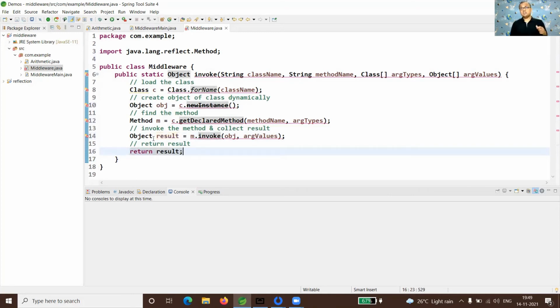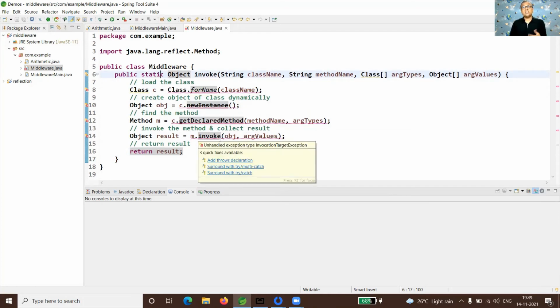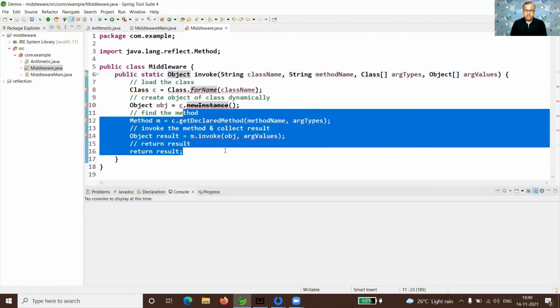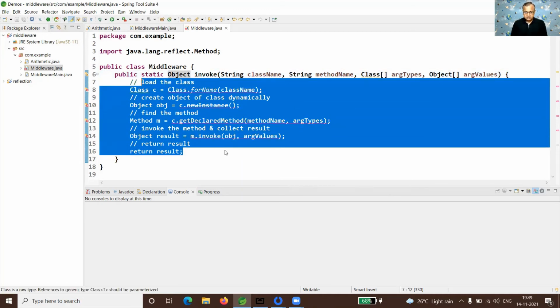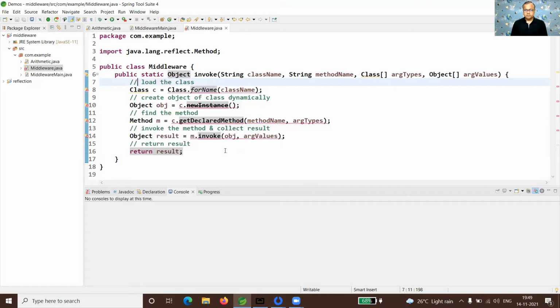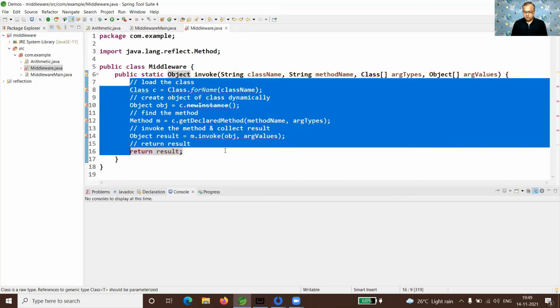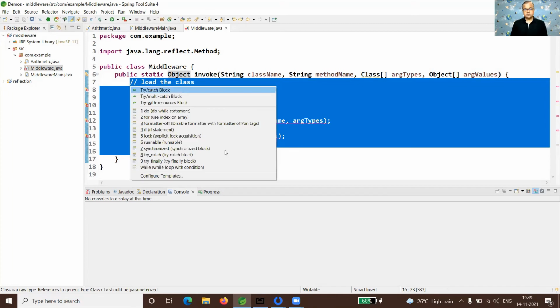As we have seen even last time, Class.forName can throw an exception, ClassNotFoundException. On a similar line, newInstance, getDeclaredMethod, invoke, all of them can throw some checked exception. Just to keep it simple, I can write a generic catch block at this moment, and in this generic catch block, I will handle the exception.